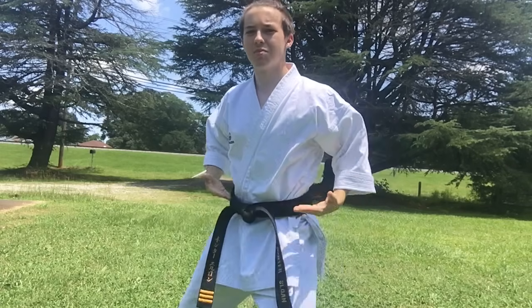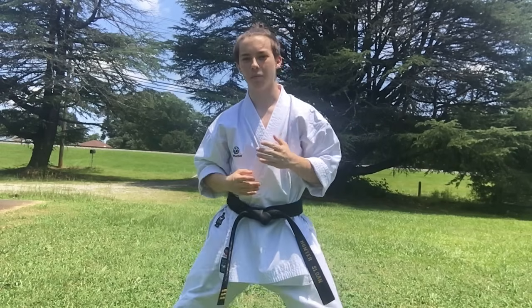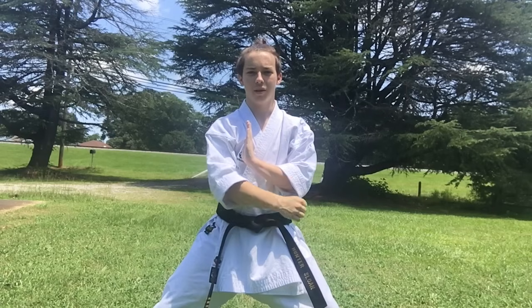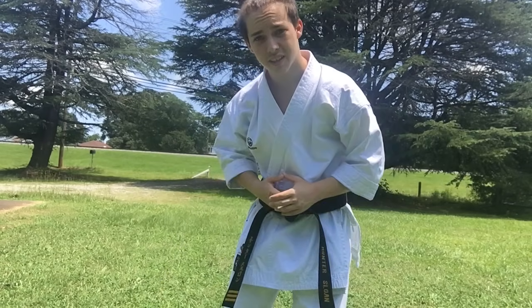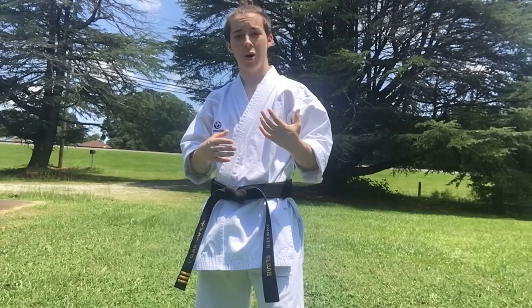And notice when I do this, my hips are turning, and that puts more power pushing out that way to deflect the strike or the kick or whatever's coming at me. So it's called outside center block because you come here from the inside, then you push past your center, and it comes out sideways. This next stance is called Zenkutsudachi, which translates to forward stance, because when you're in this